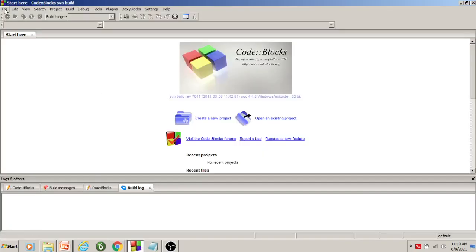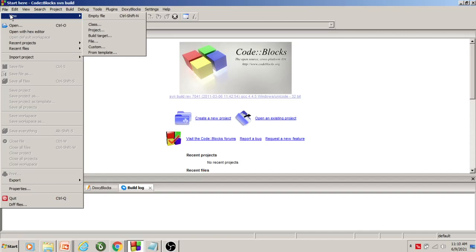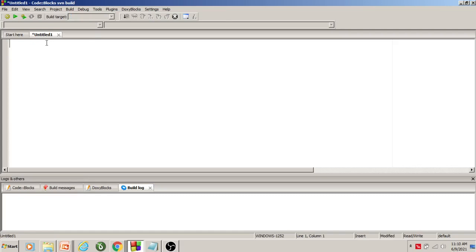Yes, first I will go to file. I select a new option to create a file. So, empty file. So what is my objective? I put this information in a comment. Aim of the program: to understand